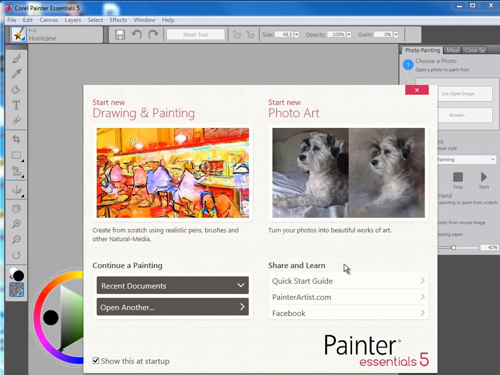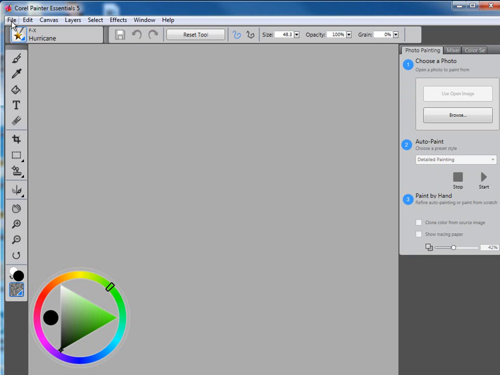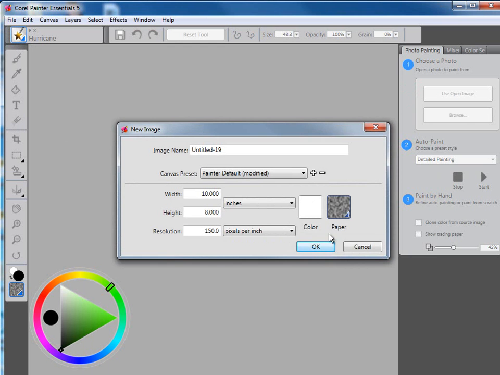When you first open Corel Painter Essentials 5, this is the welcome screen that will show up. If you're new to Painter, then I think some of these, the Quick Start Guide and other things, are very, very useful. For the most part, since I've used the software, I find this more of a hindrance. So I'll uncheck the Show This at Startup and just close it up. Then I'll click on, and we can't see it here, but I'm actually just selecting New, and I'll select